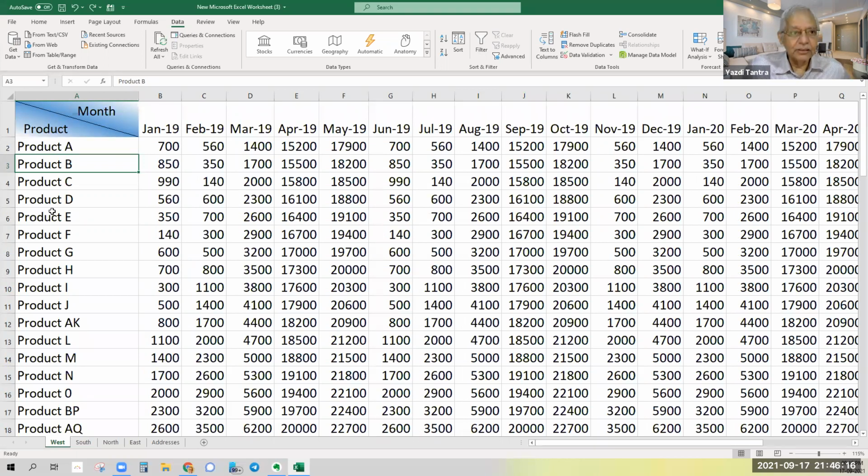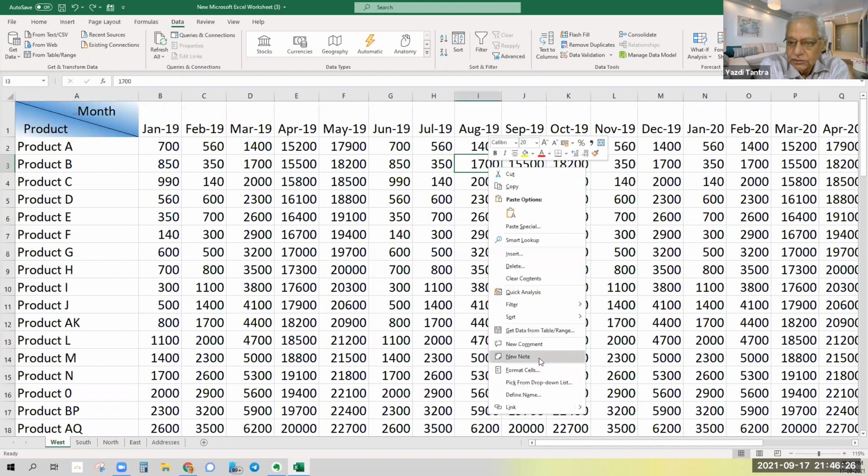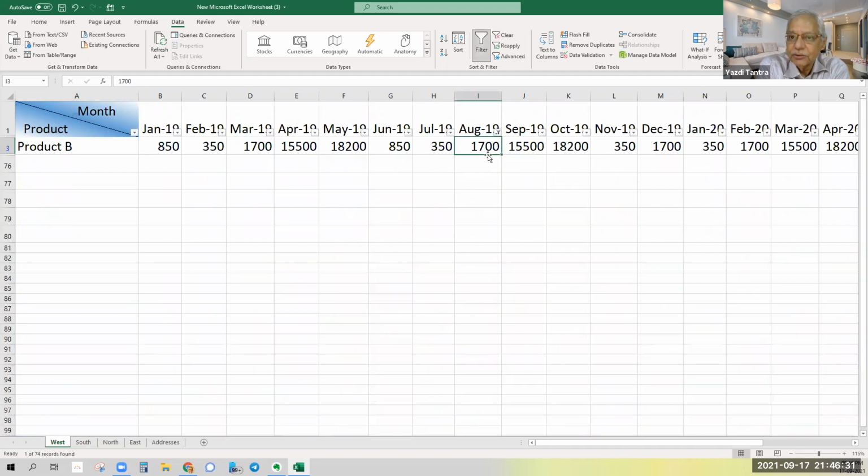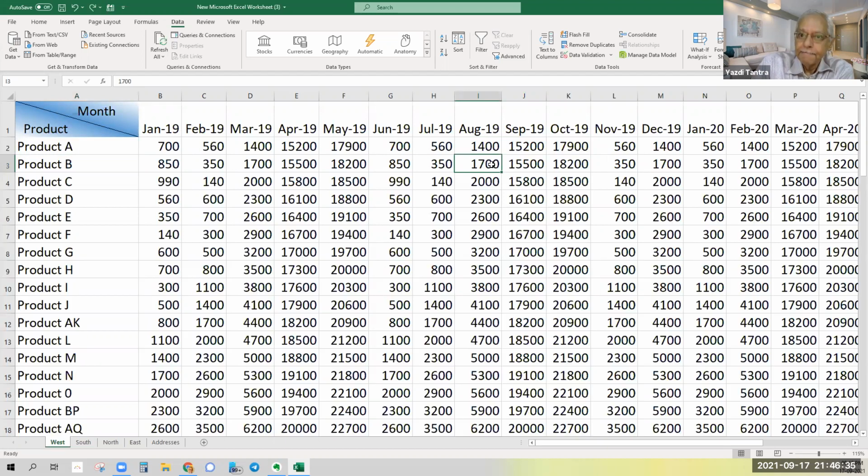So filtering for a particular cell value is very simple. So you could filter it by a numeric value also. Right click. Here again, filter by selected cell's value. Okay, there's only one cell with this value, and therefore you got only one. Agree? So this is again very simply using filters with one click. You don't have to go through.